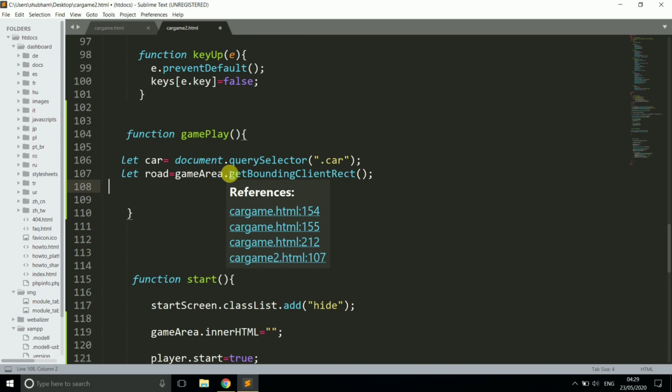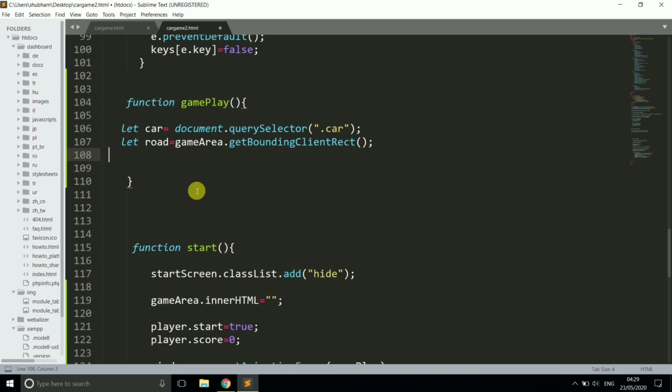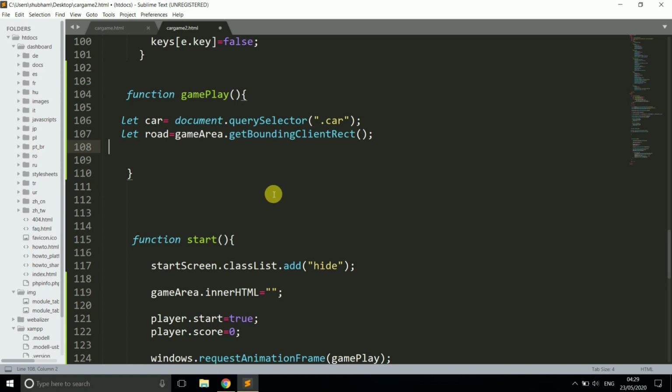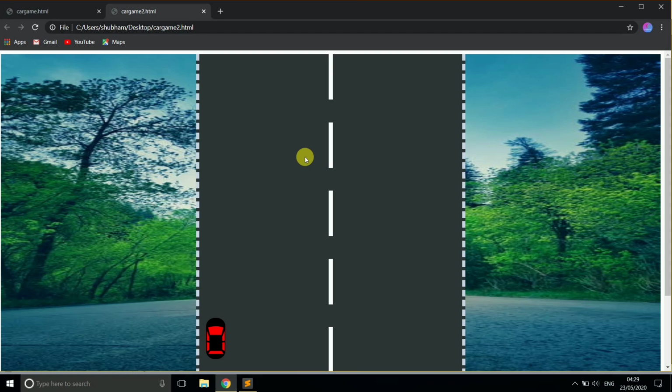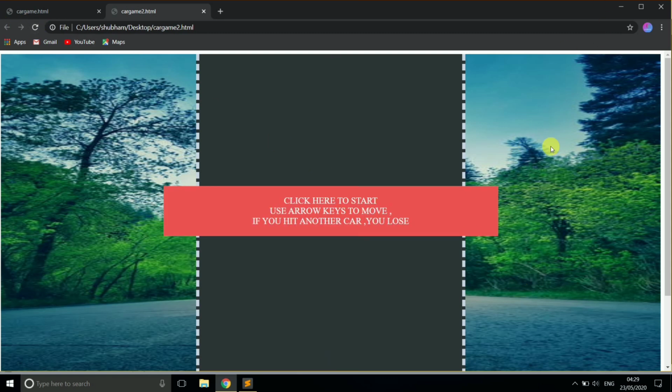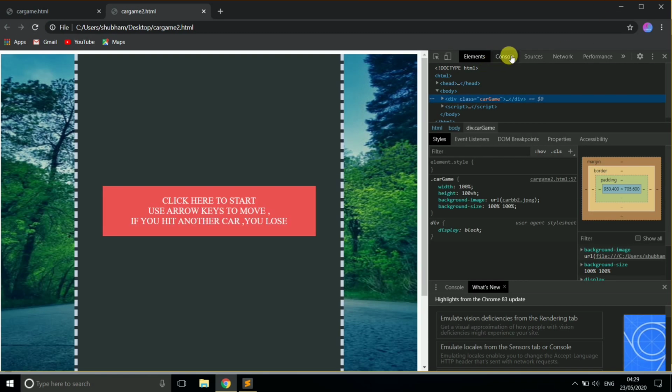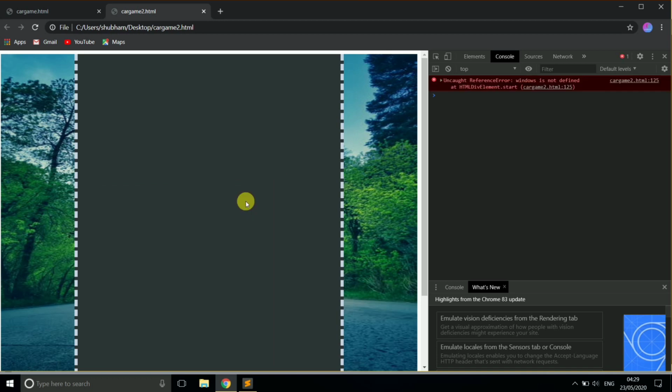It returns the height of the game area, the width of the game area, its position from the top, and the x and y axis. So it gives us some values. Just check in the console what the work of getBoundingClientRect is.